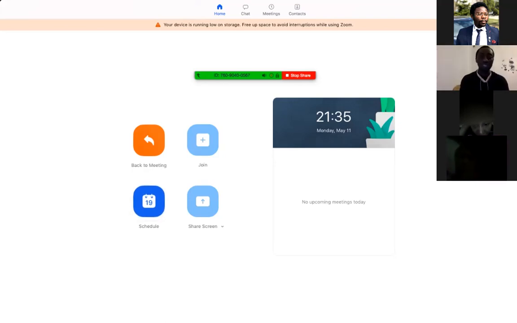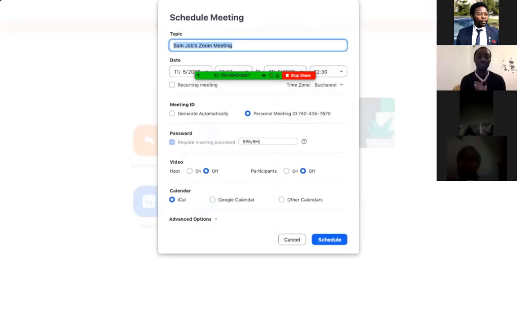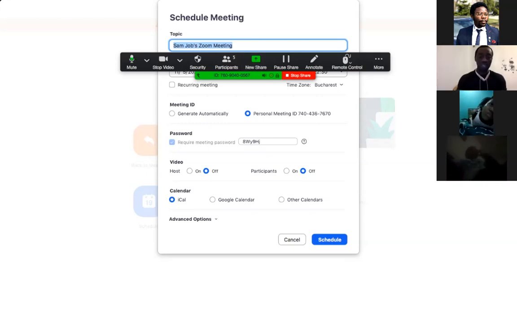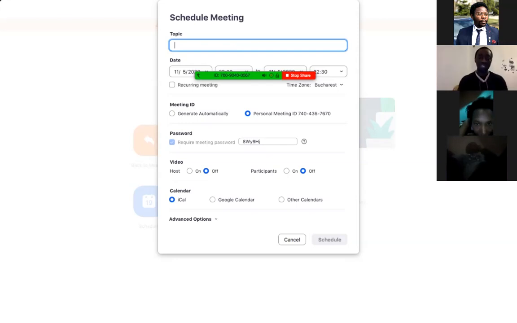Fine. You go to schedule, you click schedule. When you click schedule, because you're the owner of the phone, you didn't pick it up or steal it, and you are the one that signed up this Zoom app by yourself, it will show, for example, Sam Job's Zoom meeting. I will click this and backspace and delete everything. So I will just type board meeting, for example,